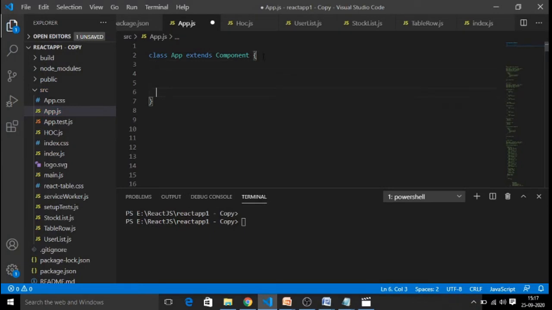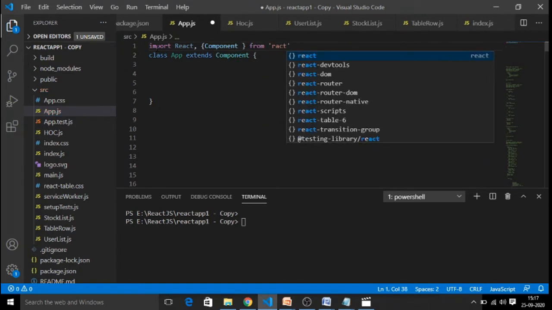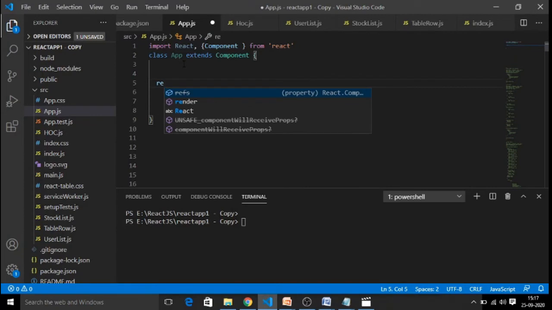So I am extending the App component with React Component. Component is a predefined class from our React library. So we need to import React, comma, Component into your application. This is available from the library called React. Right? So once you create a component, here in the component to render your JSX